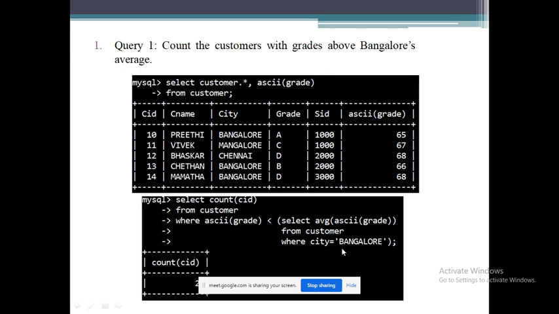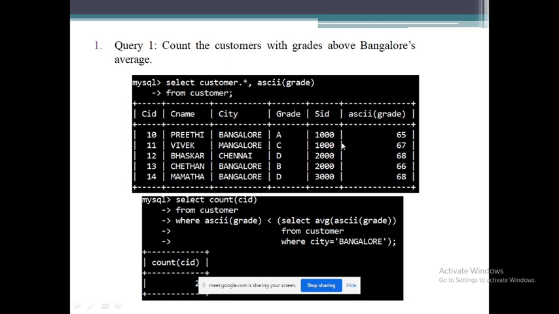Actually, if you execute only this part, the nested query part, you'll get something like 66 point some value. Now you just check which is having more than this 66.6. Is there any which is less than that, 66.5 or something?